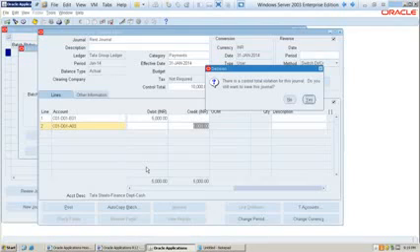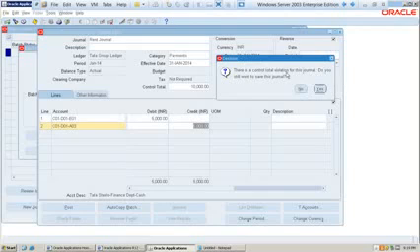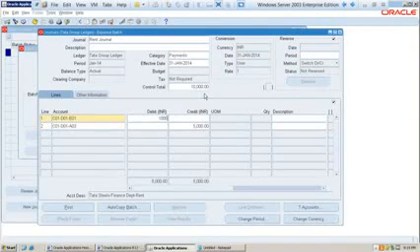Why are you getting this control total violation? That is because we gave 10,000 and the journal entry level is only 5,000. Journal level is 10,000, line level is 5,000, which is not matching. Do you want to save? No. Let me not save.